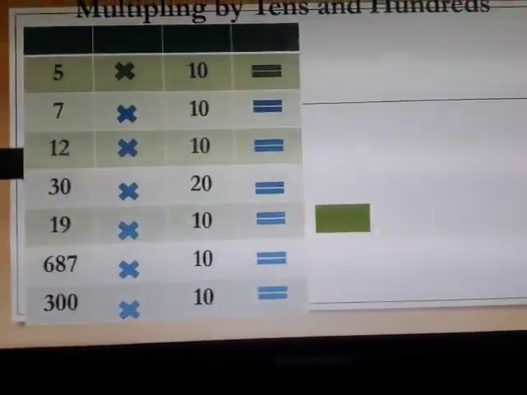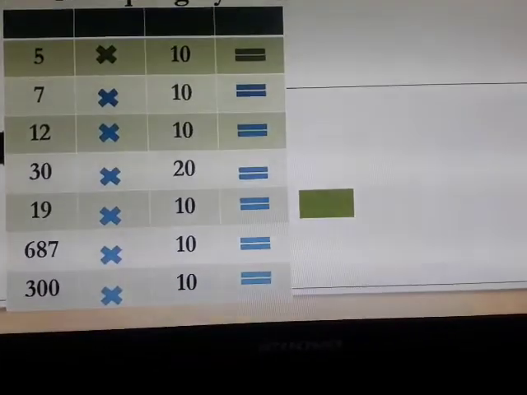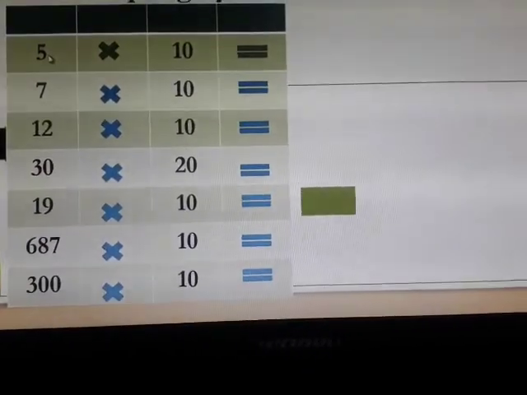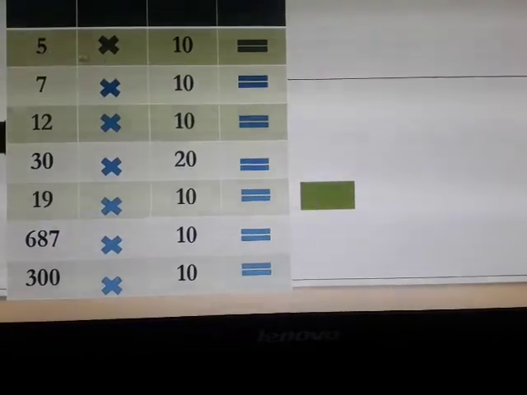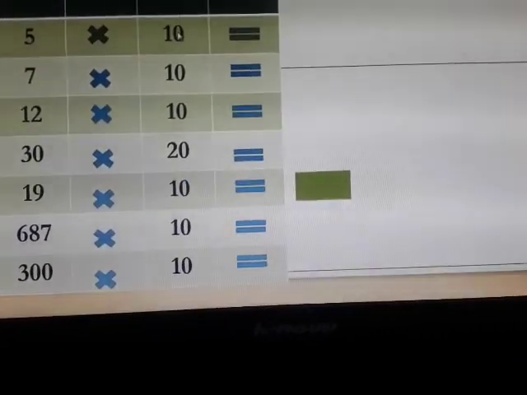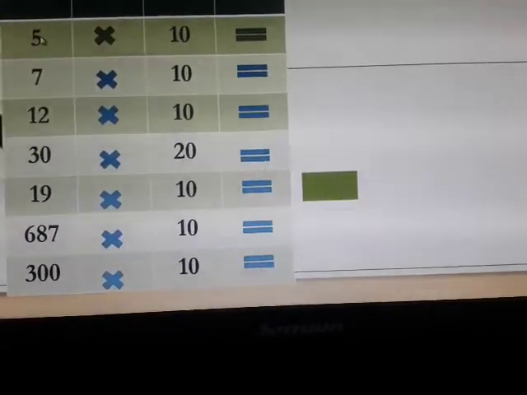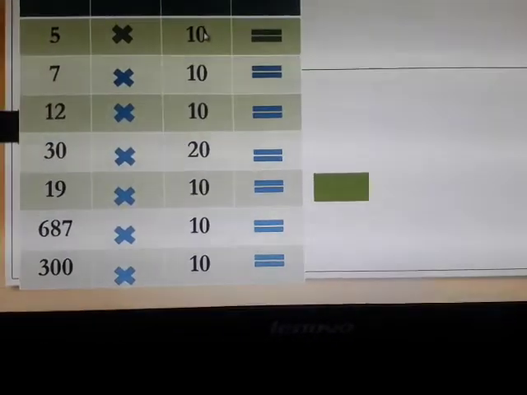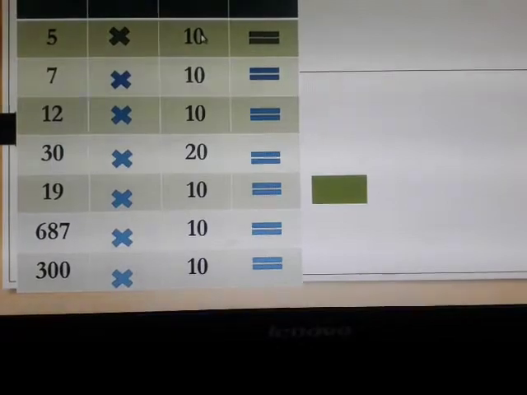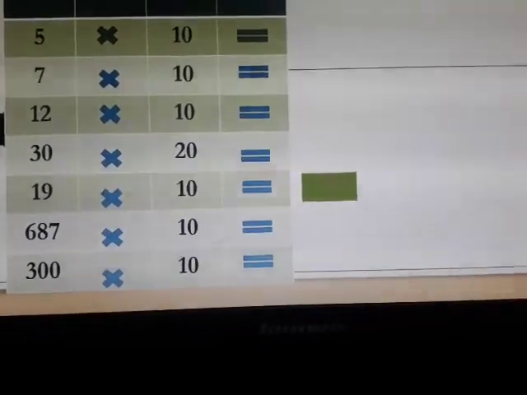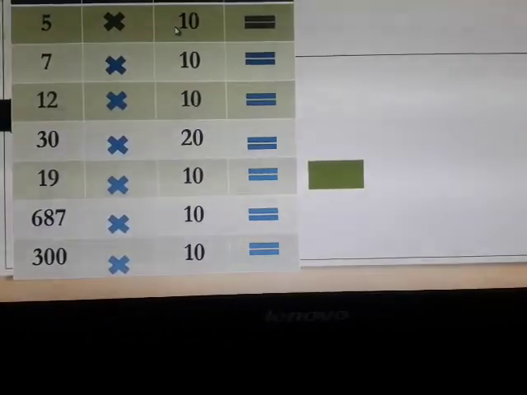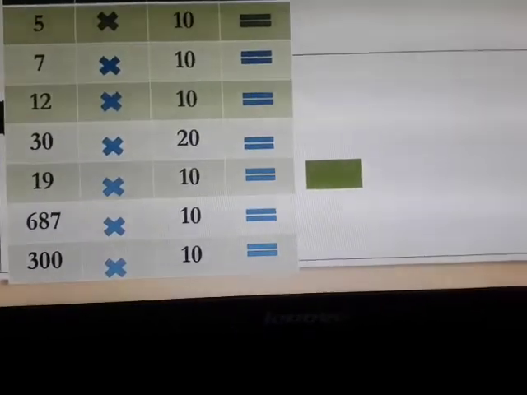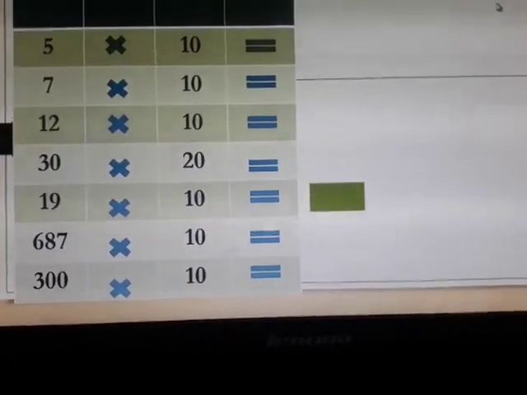Okay. So first let's see the multiplication by tens. Here in the first example, what I did, 5 multiplied by 10. Okay. So it is very easy. You already know that 5 tens are 50. In the other way we can do this by putting the 0 at one's place and 5 ones are 5 only. For that, first let's fix the place values.